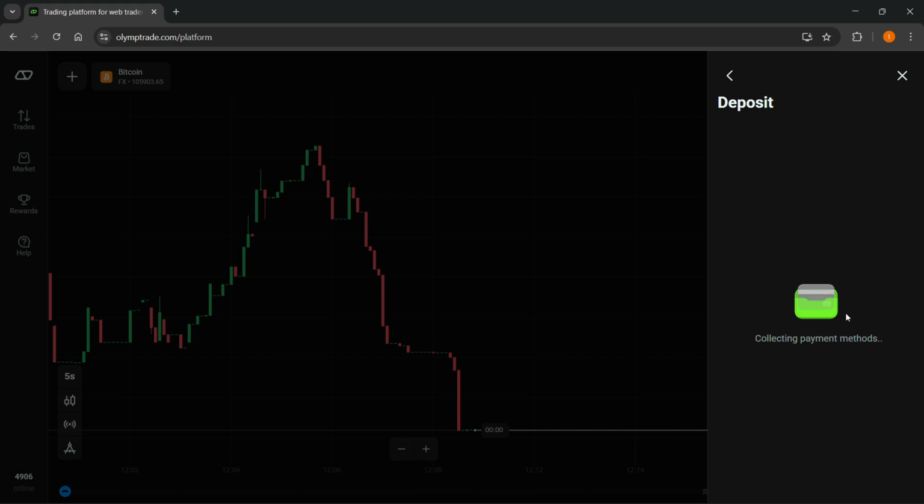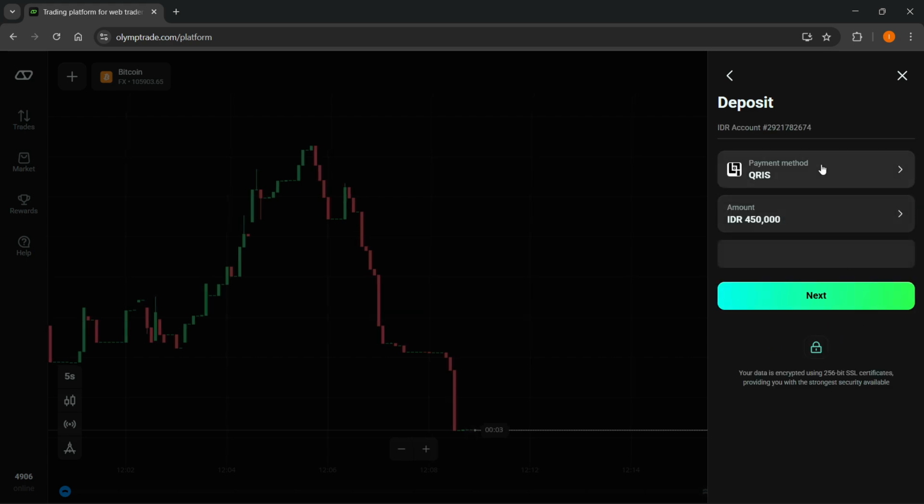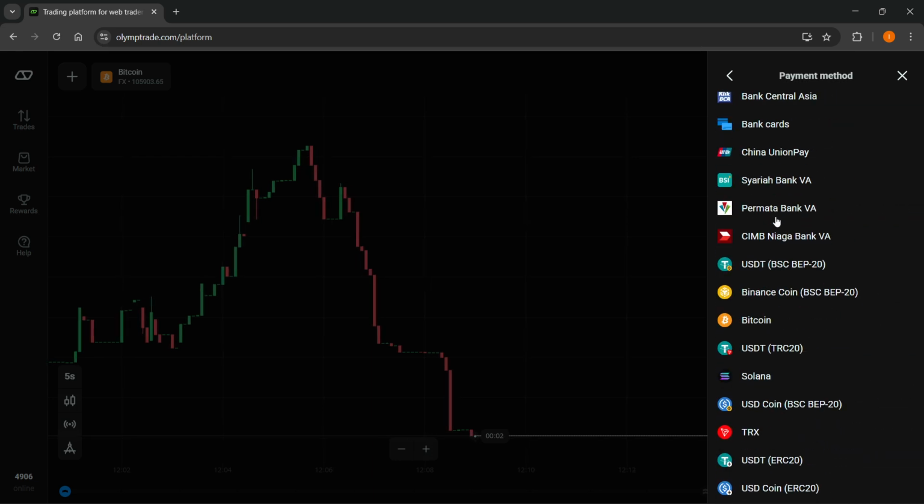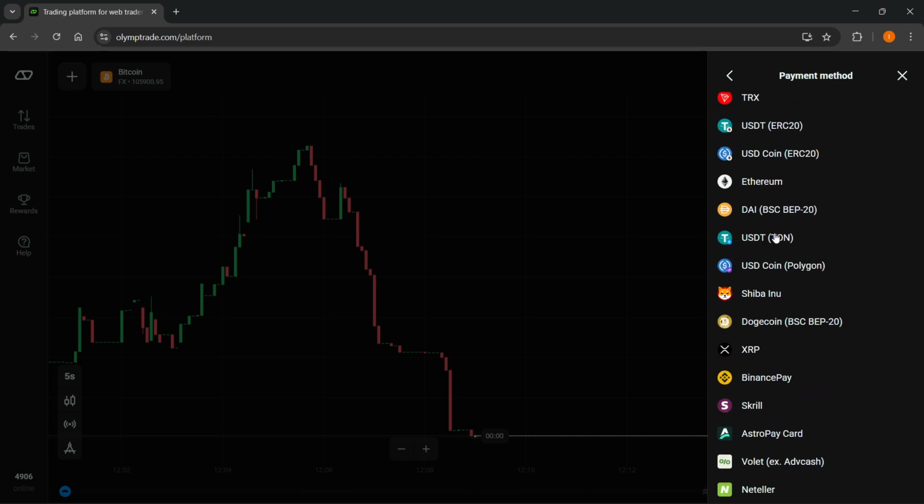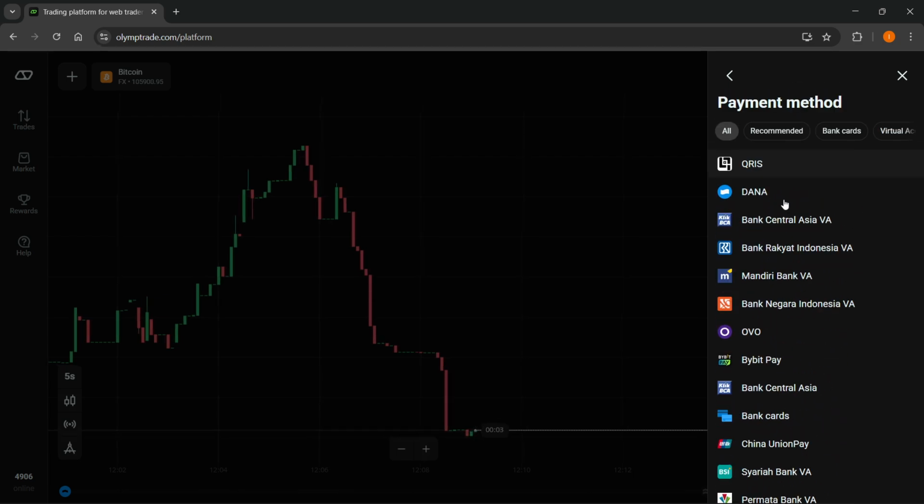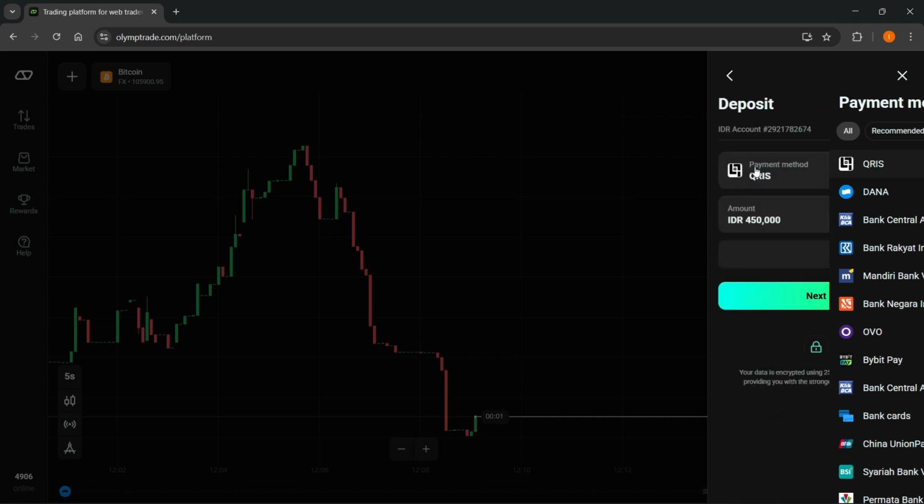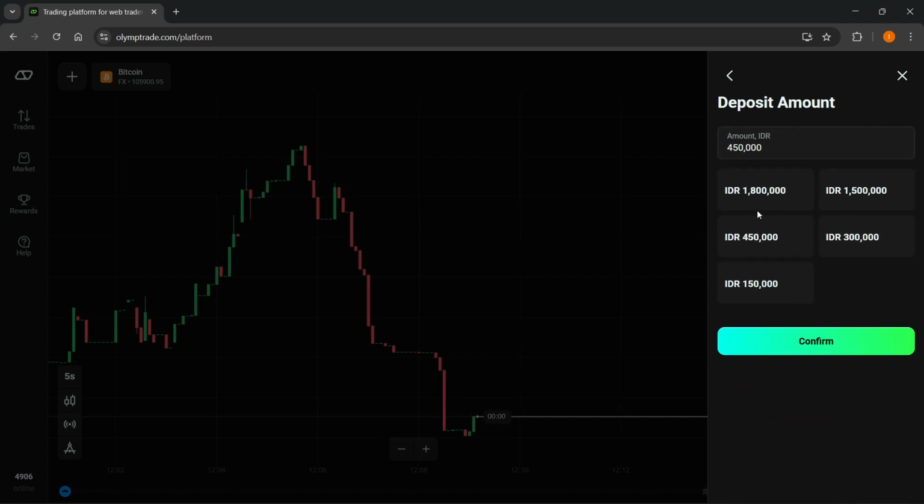When you click this, it's going to start collecting payment methods, and when that's done, you can basically just select the payment method you would like. So here, you want to click on it, and then you'll be able to see a bunch of different payment methods you can do. Of course, just select the one you want. I'm just going to go ahead and select this first one,